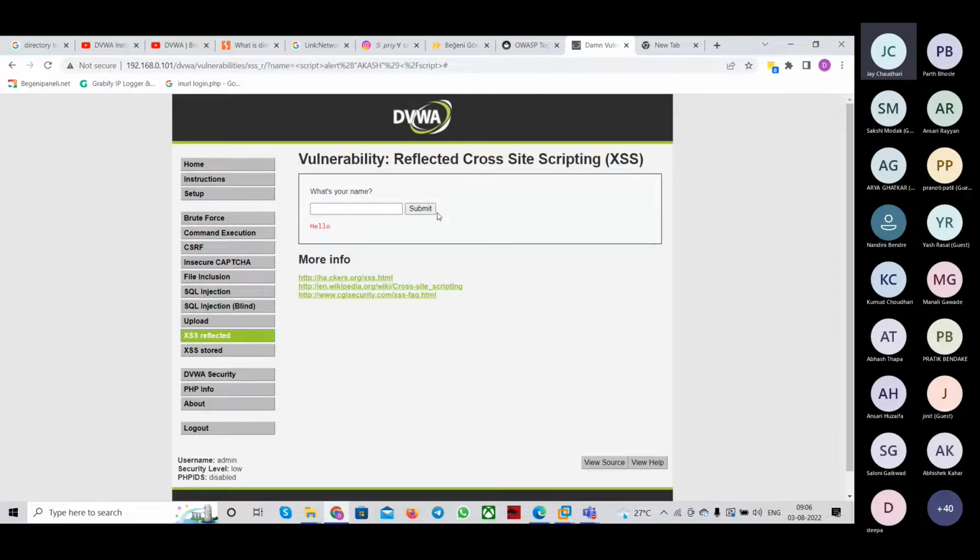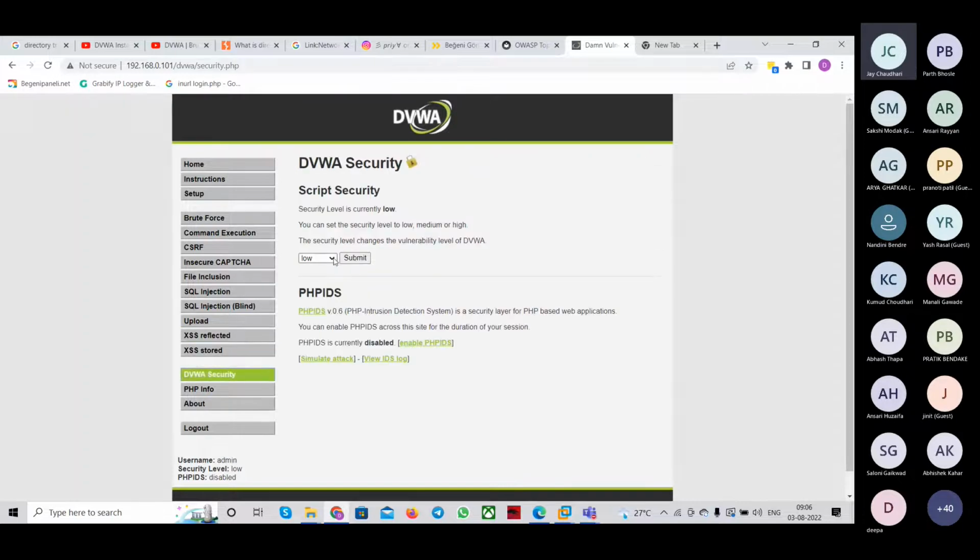Okay, so instead of the comment, you can write that JavaScript or script tag to know whether a particular website is vulnerable to reflected XSS or not. So this was the first, and now if I increase the security level, this was on low security. If I move to medium and the security level is set to medium, now we'll see